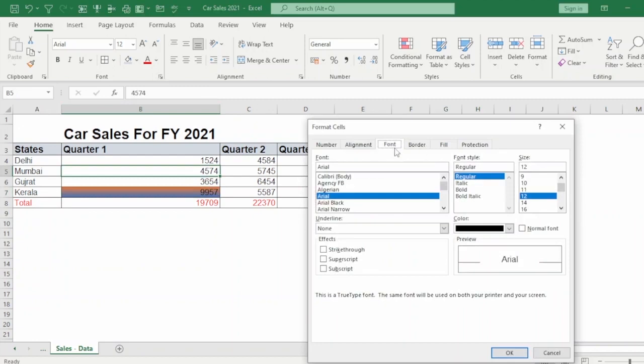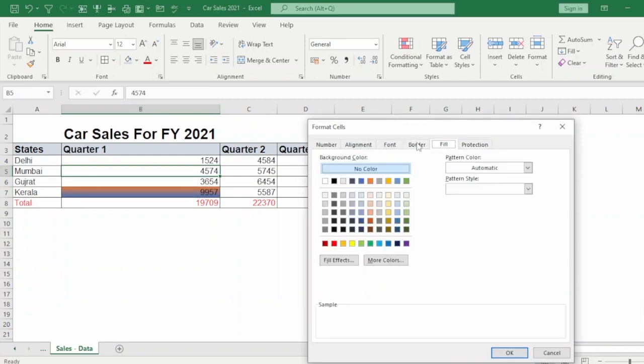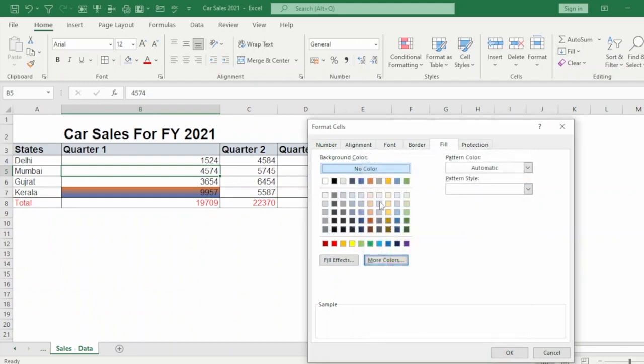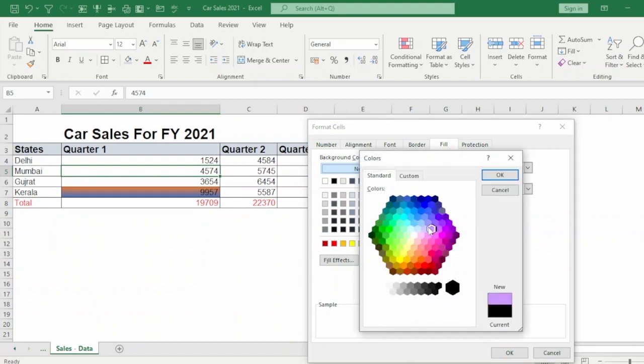Yes, you have font, border, and fill. All these three normally come within this area, so I thought I'd take you through that as well. Again, you have different patterns and all. You have more colors again. Sometimes you don't have a specific color over here, but if you want to select more colors, then you click on that, and then you can select